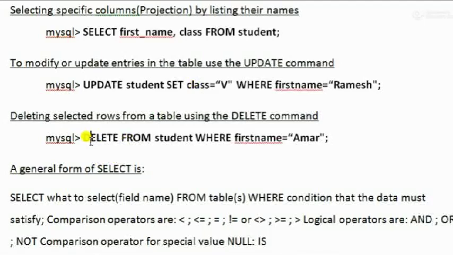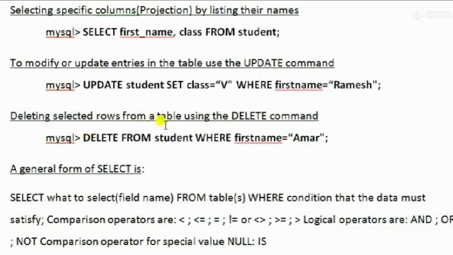any specific data, to delete any specific data or record from student where first name is equal to Amar. So delete a record or records whose first name is Amar. Of which table? Of student table.